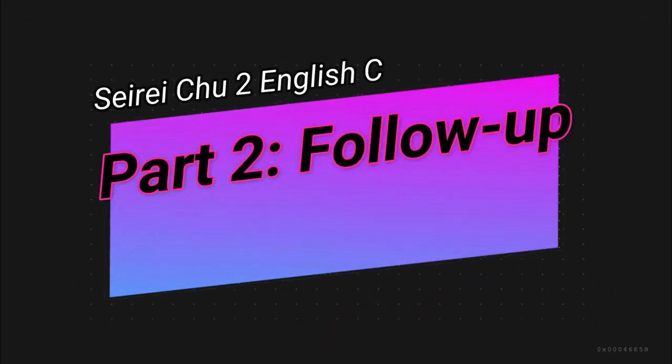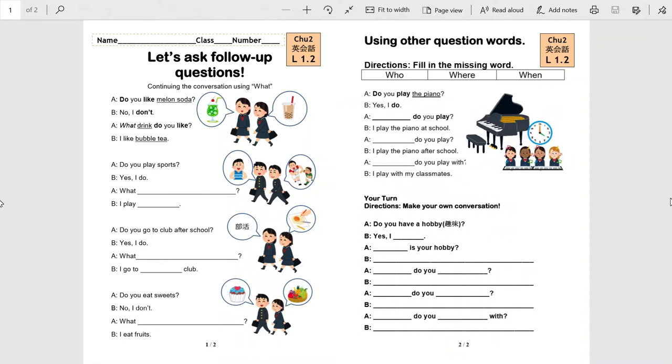Now, let's move on over to our worksheet. You can find this worksheet on the Study Supply website, and you can print it out and write directly on the sheet. If you don't have a printer, it's okay. You can use your own sheet of paper and just follow along on the computer. This is what the Lesson 1.2 worksheet looks like.